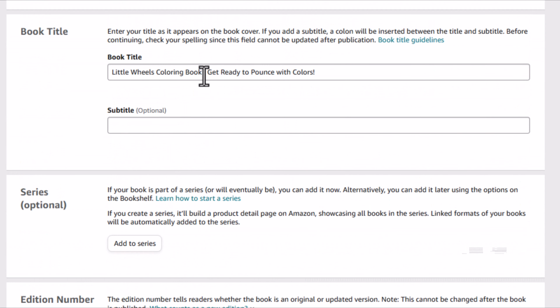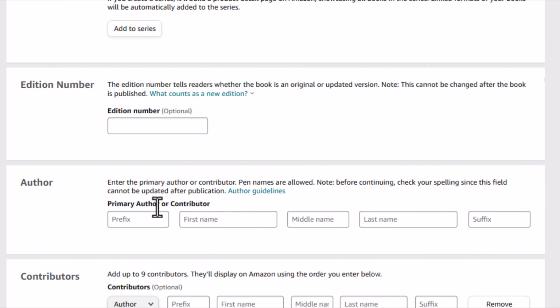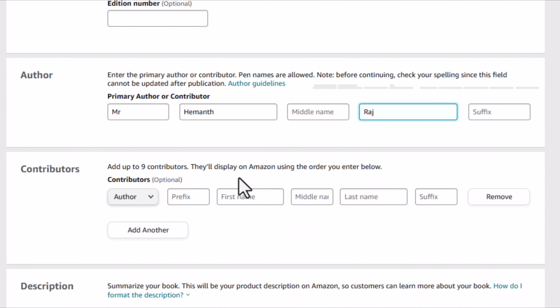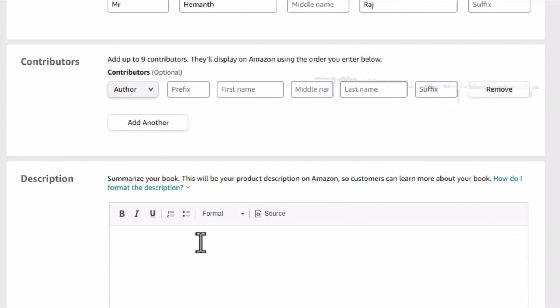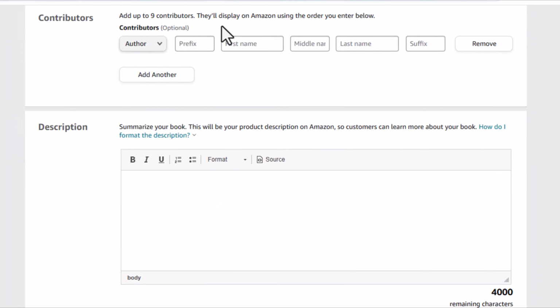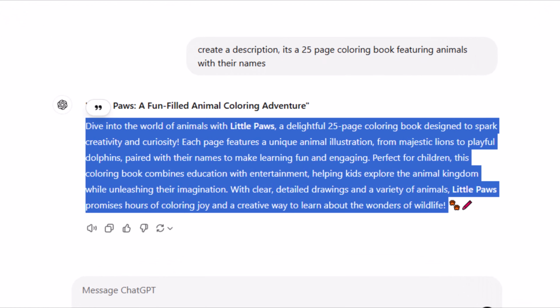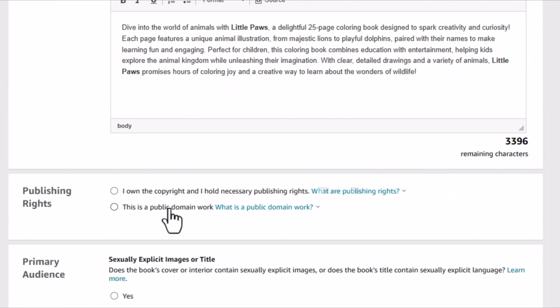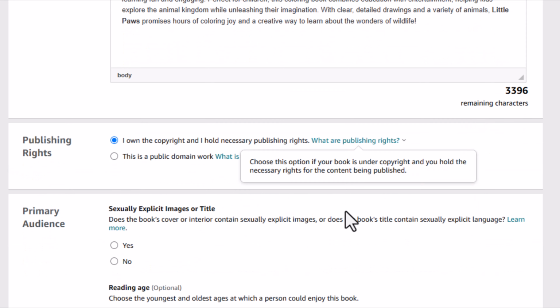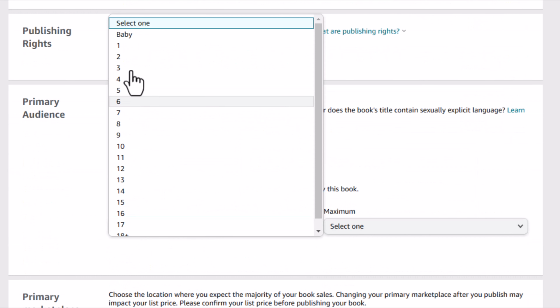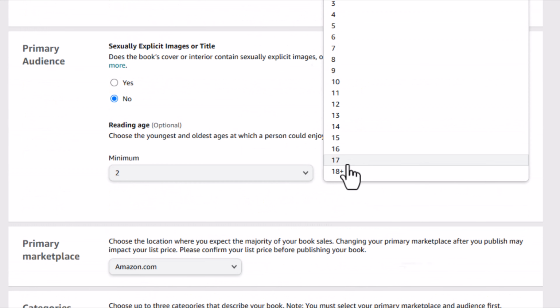So you can also add a subtitle. For me it's gonna be Get Ready to Pounce with Colors, and you can also add the author details here, which is Hemant Raj, and if you have more contributors you can add their names as well. And I'm going to create a quick prompt in ChatGPT to give a description, and I'm gonna paste that here. And in the publishing rights, make sure you select I own the copyright, and next up choose the age,